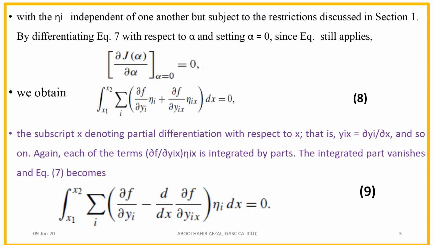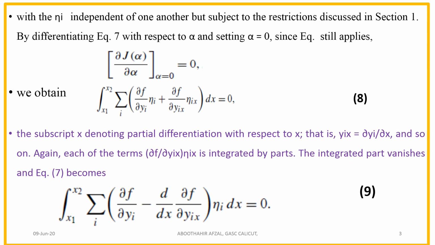As we know, the minimum condition is obtained by differentiating J with respect to alpha at alpha equal to 0, because when the first derivative is 0, it is a condition of maxima or minima. So as we are seeing, when alpha equal to 0, it has to be minimum. So now, as in the normal case, we are using the condition dou J by dou alpha equal to 0 at alpha equal to 0.